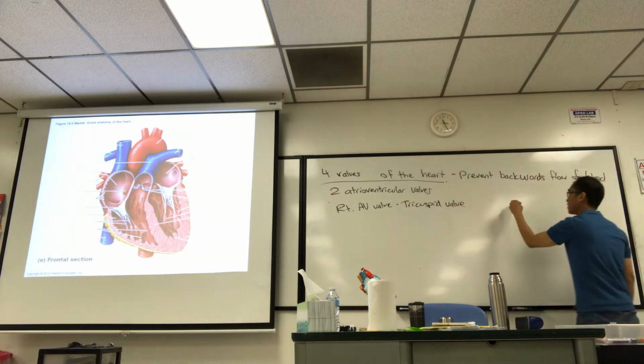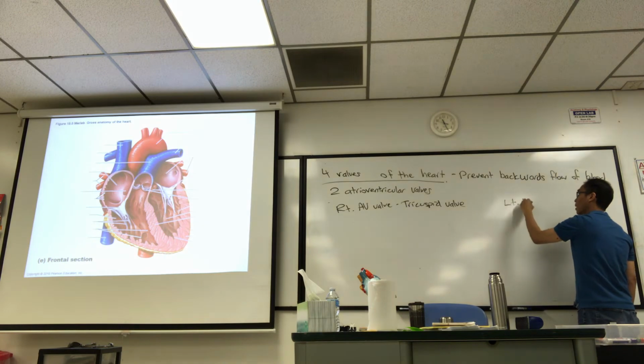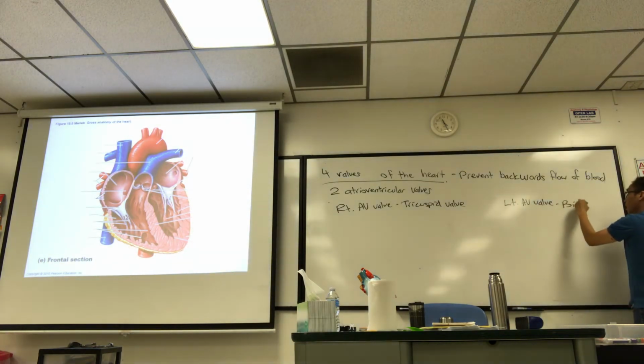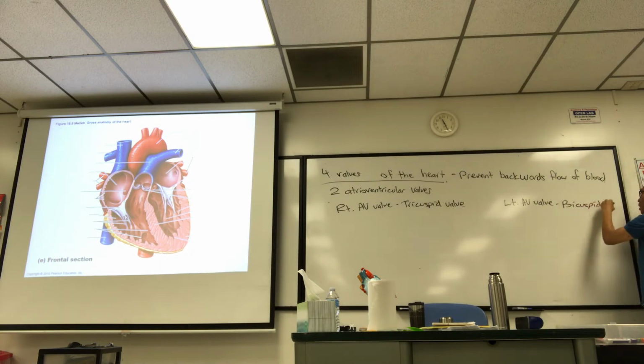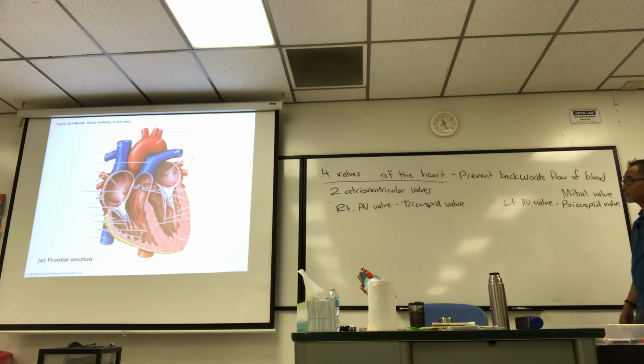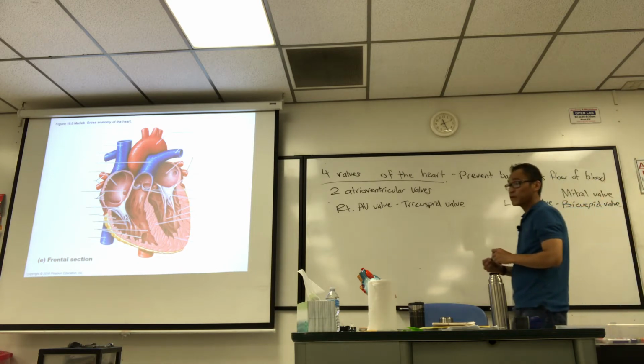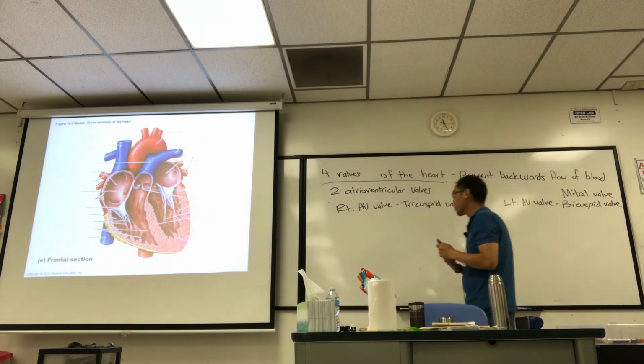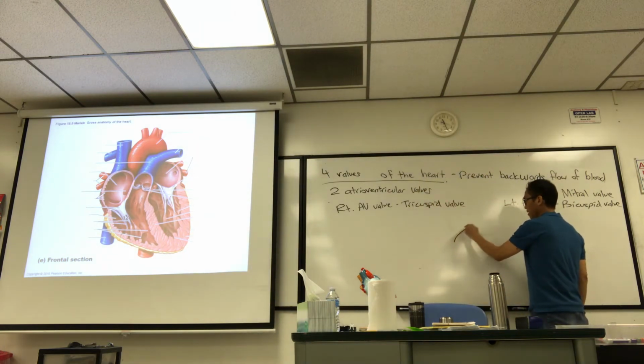And then the left AV valve. Now that one is also known as bicuspid valve or mitral valve. Call it any of those 3 things. Just know which one it is. I mean, these are the atrioventricular valves, so they're the ones that are between the atria and the ventricles. Okay. Now, it turns out these 2 valves, they have a special anatomy here where you have the cusp of